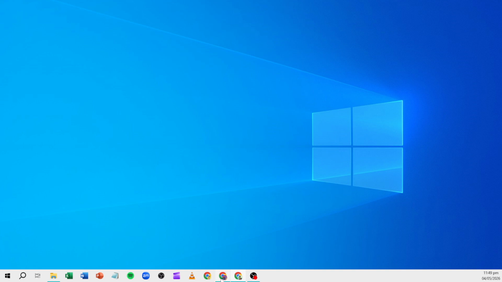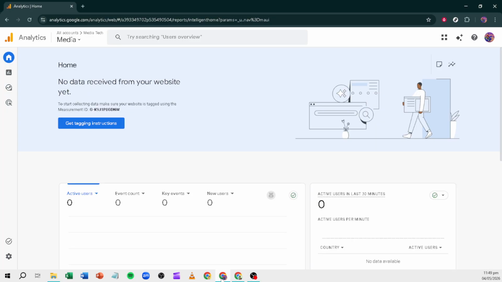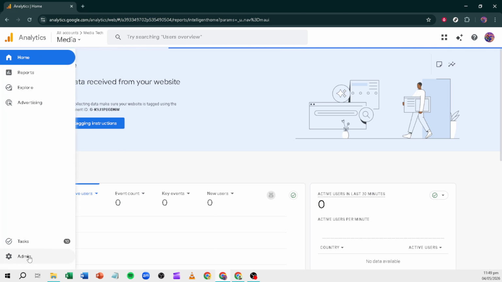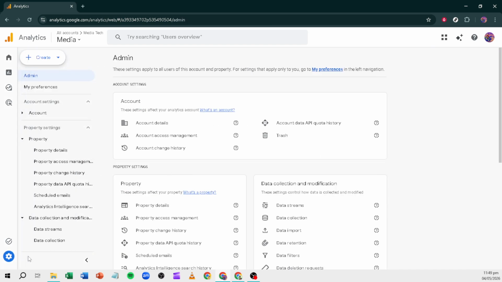First, open Google Analytics and head into your property. Before you remove anything, take a moment to confirm the traffic is actually malicious. Look for red flags like sudden spikes in users without a matching marketing push, sessions with near zero engagement time, unusually high bounce behavior, or traffic clustered from unexpected countries. Check acquisition reports for odd referrers and channels, and glance at tech details for patterns that don't look like real